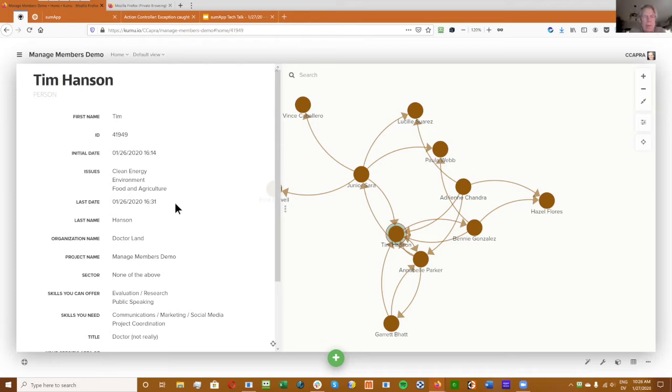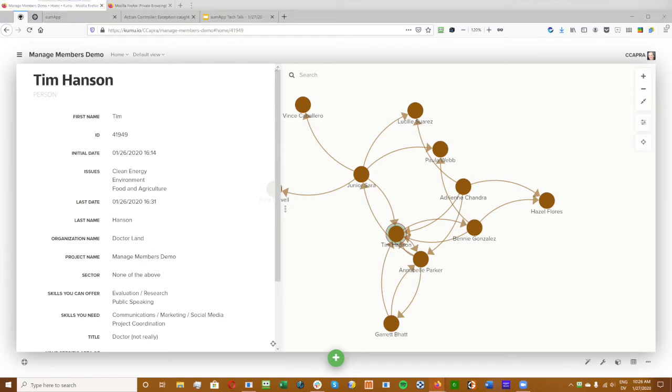Cool. Can I ask a couple questions? Yeah. How many copies can you merge? How many Tims could you merge? Just two at a time. Okay. So if you've got 3 or 4 of them, you'd have to repeat yourself. Okay. And then in terms of when it moved over the connections,